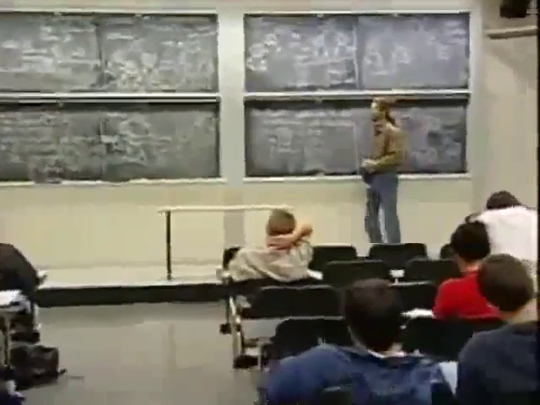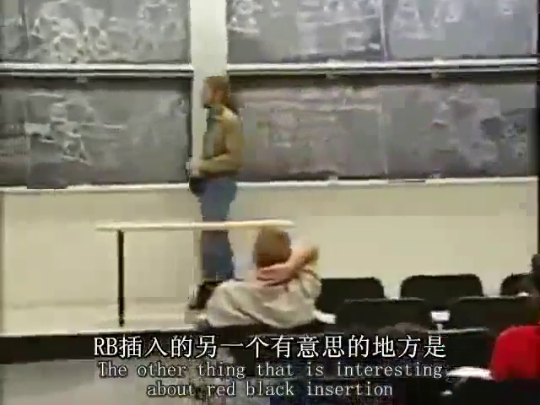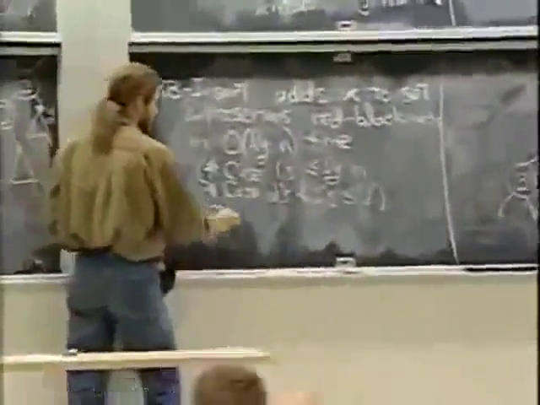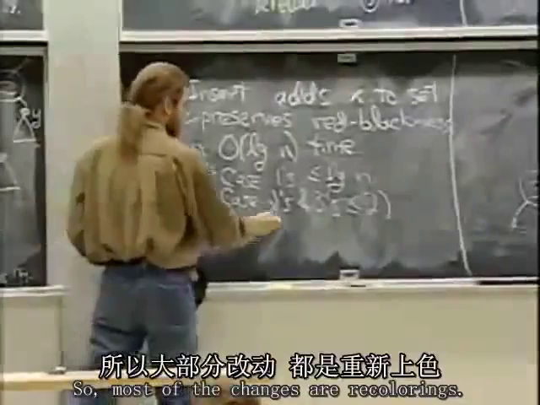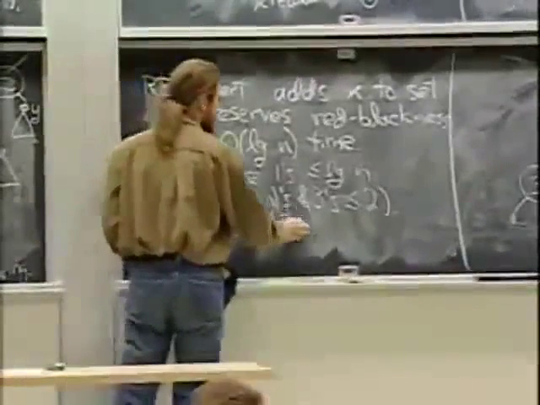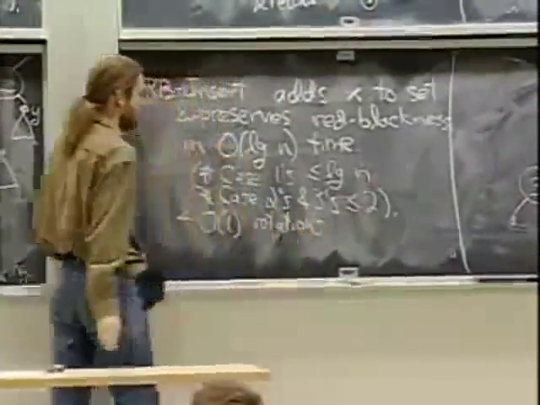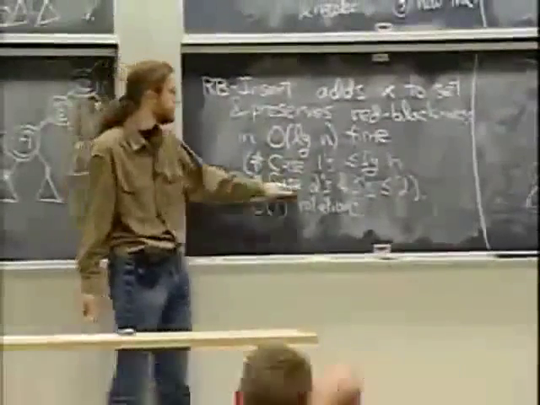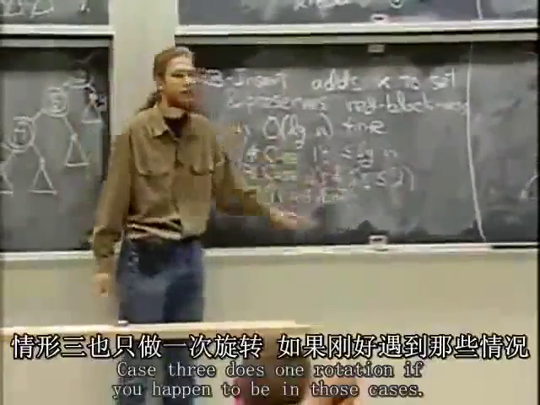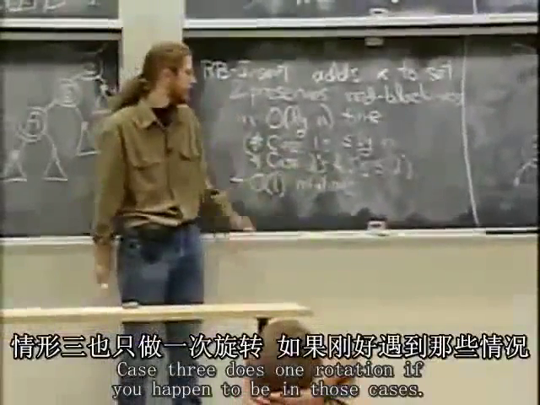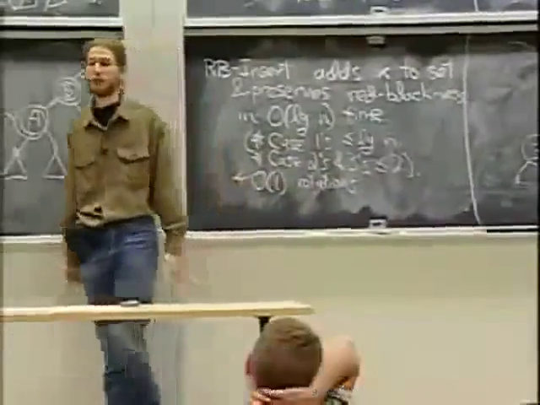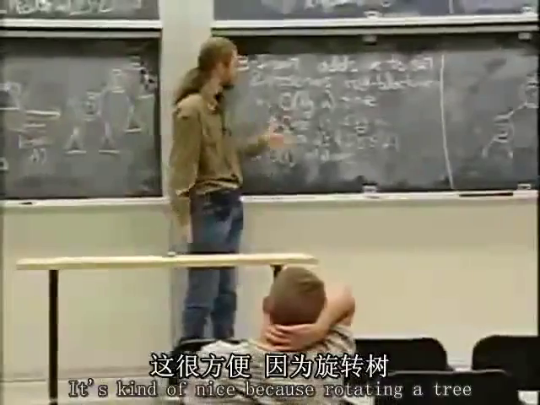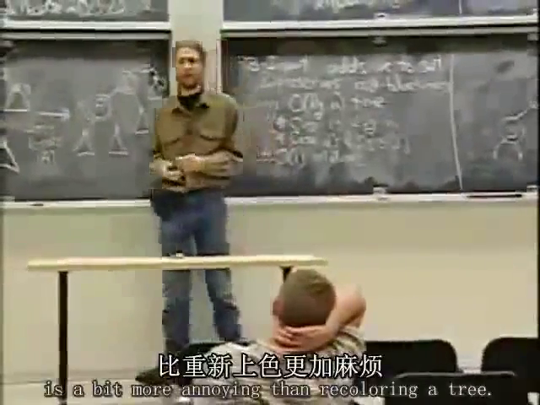Cool. The other thing that's interesting about red-black insertion is that it only makes order 1 rotations. So most of the changes are recolorings. Case 1 just does recoloring, no rotations. Case 2 maybe does 1 rotation. Case 3 does 1 rotation if you happen to be in those cases. So number of rotations is at most 2. It's either 1 or 2 in an insertion. It's kind of nice because rotating a tree is a bit more annoying than